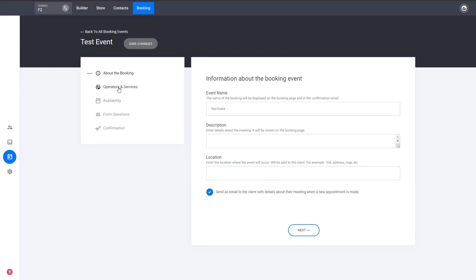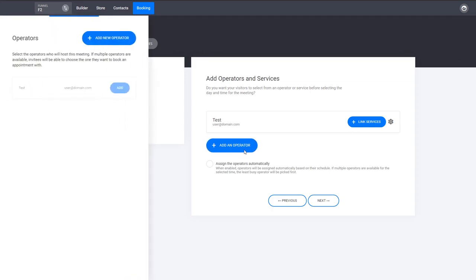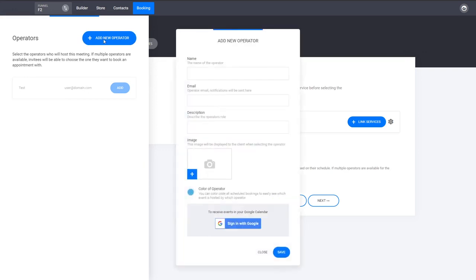Now, the next thing, the operators. So this is actually the person that people will be using to book an appointment to. So here you can create your operator. In this case, we have a test user. Of course, you can just delete it, and you can create a new operator. So how you create an operator, you just add a name to it. Let's call it John, for example,